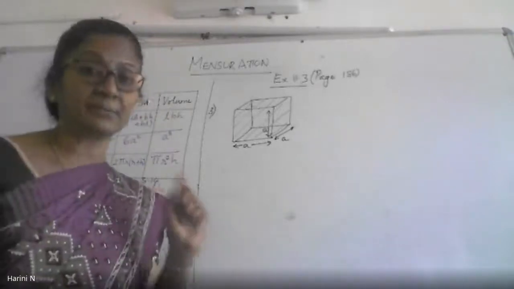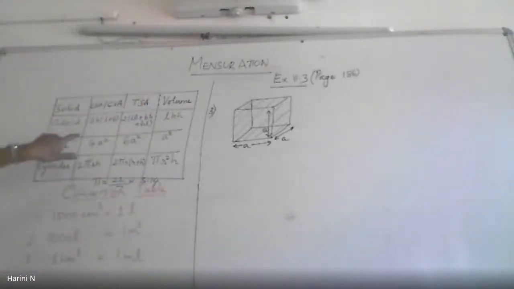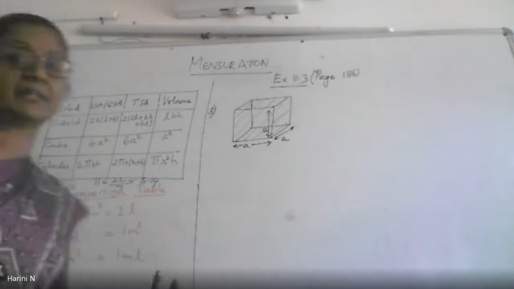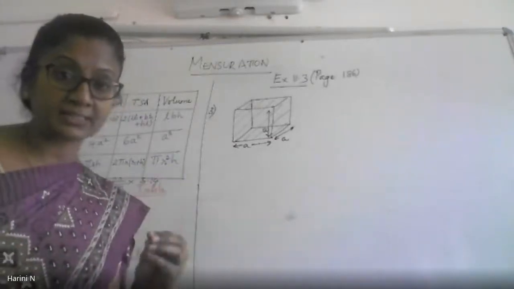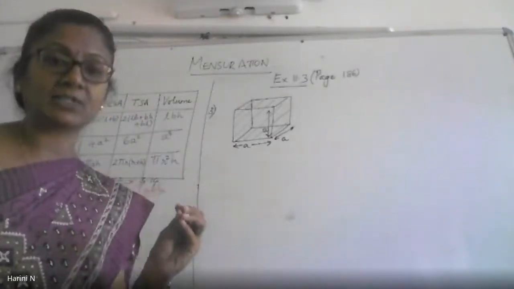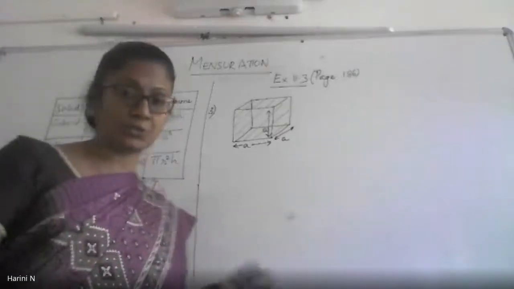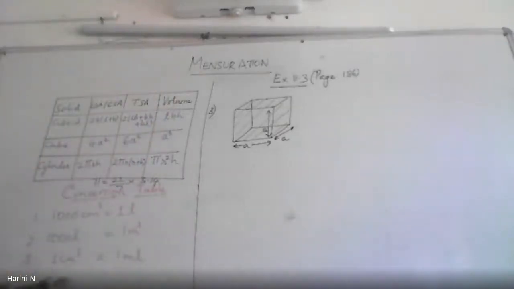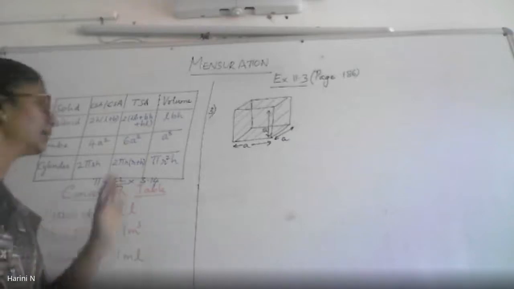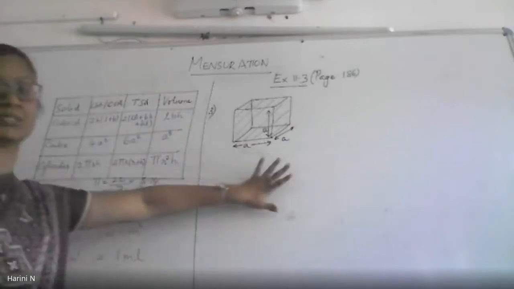Even in the exam, sometimes the radius, the height, etc. will be given in meters, but you will be asked the capacity of the cylinder to be expressed in liters. That time you should know this conversion. Otherwise, you will not be able to substitute it. Now the third one, which is very simple: 1 centimeter cube is equal to 1 milliliter. You should know this. With this background, we will start with the third problem.